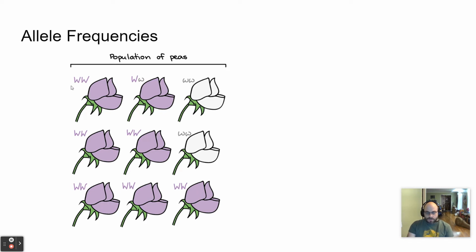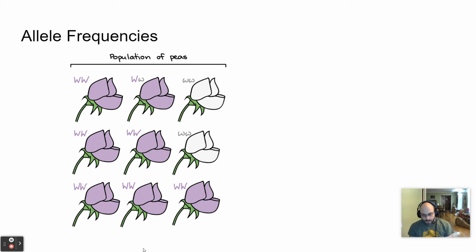And so you can do just some quick math. What is the allele frequency of the recessive trait or the recessive allele? Well, out of 18, there's 1, 2, 3, 4, 5. So 5 out of 18 is 30% or so, a little bit less than that, of the frequencies of alleles in that population. And then of course, the big W, or the dominant allele, is going to be the opposite of that. If the recessive allele frequency is...